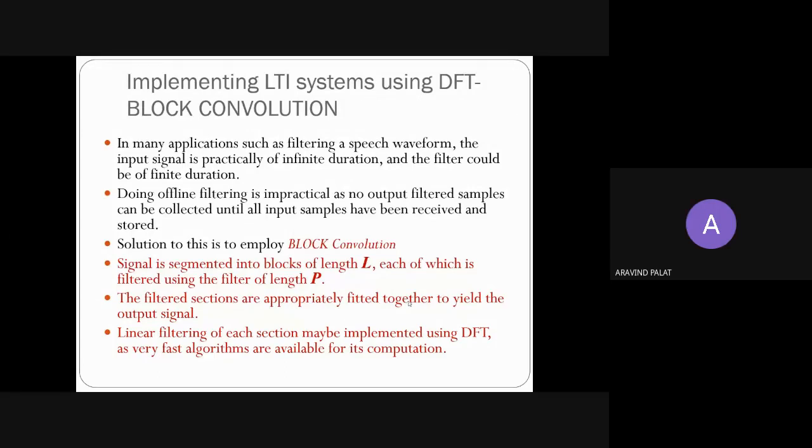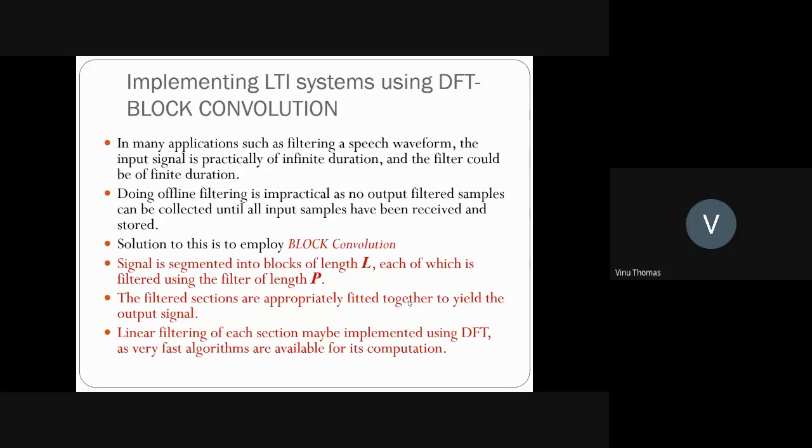What is the significance of linear convolution? Because every system will have some memory, it can be represented only by a linear convolution operation. So we will reframe your statement like this: every linear time invariant system can be represented by its impulse response, and the output of the system can be represented as a linear convolution of the input with the impulse response. So there was a key word there, every linear time invariant system. Is that clear? Yes, sir.